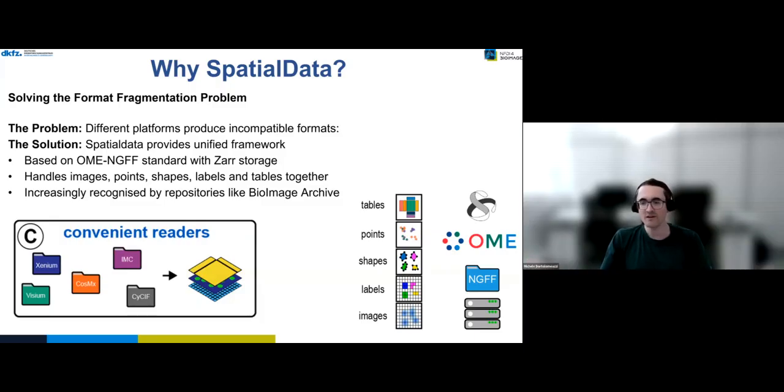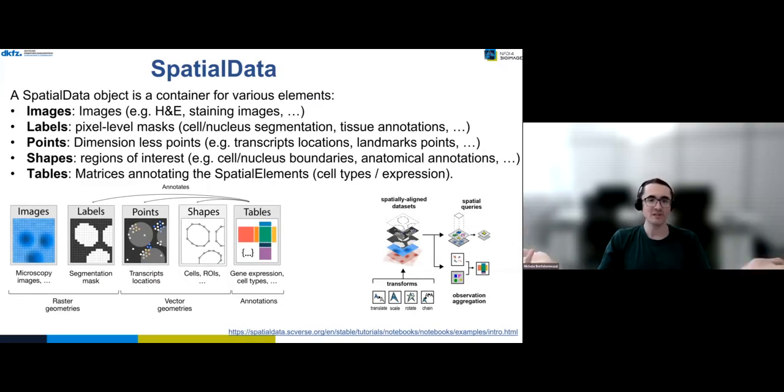It works really nicely with streaming or web download, or with object storage, like if you have access to S3 buckets, and it becomes really efficient for working and sharing. And the SpatialData object works as a container for various elements,